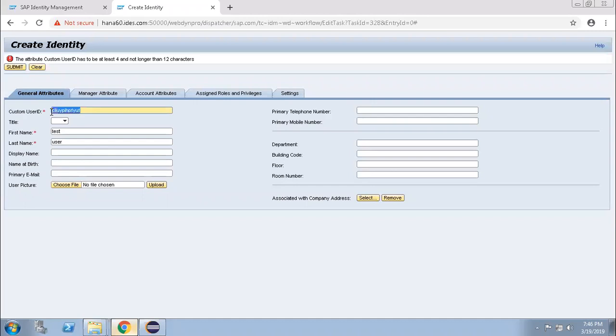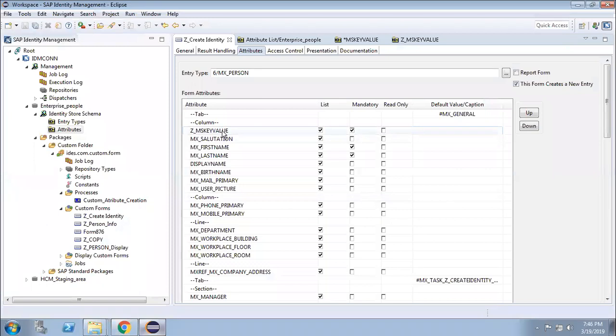Now, I created the user ID with this custom attribute, not the original MSK value attribute. So I have to put this value into MSK value somehow.